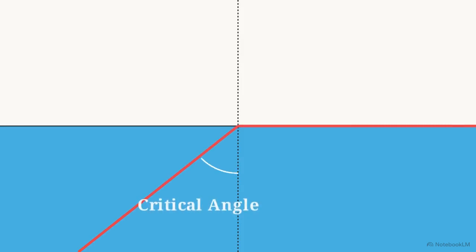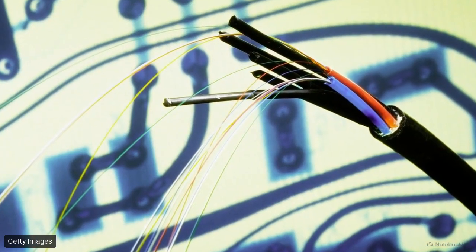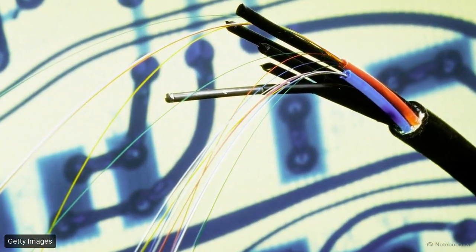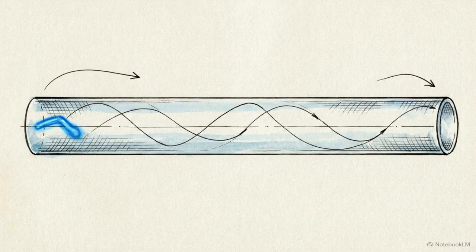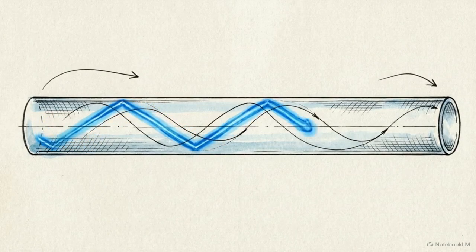Refraction has a limit. When a light ray approaches a boundary at an extremely shallow angle, it reaches what we call the critical angle. At this point, the light can no longer escape into the second medium. Instead, it undergoes total internal reflection, bouncing perfectly back inside the first material. We use this to trap light inside thin strands of glass called fiber optic cables. By bouncing encoded light pulses off these internal boundaries, we can guide data across entire ocean floors at the speed